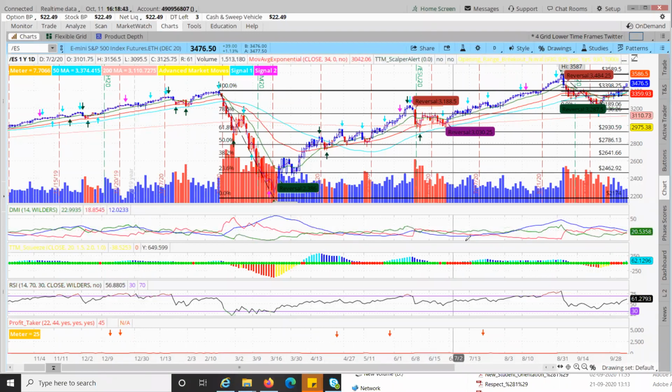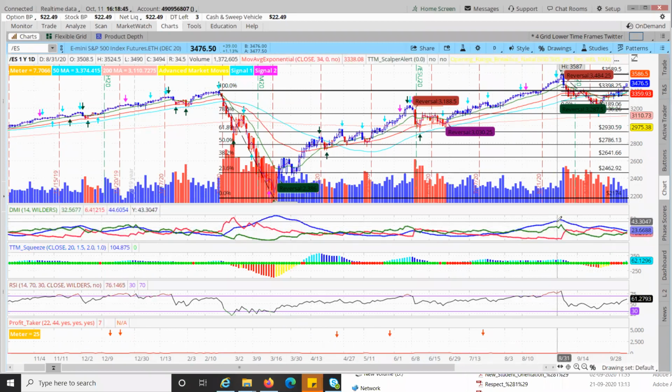Right here, the blue is up and the green was here. It was telling me that the market is up. There's hardly any weakness in the market because red is really down and the green is also moving up. So there's no point shorting this market. Here, there was a crossover. The red came up and the green came down.